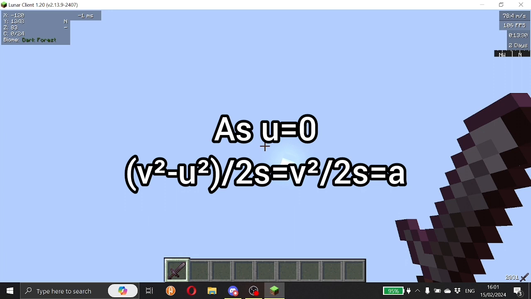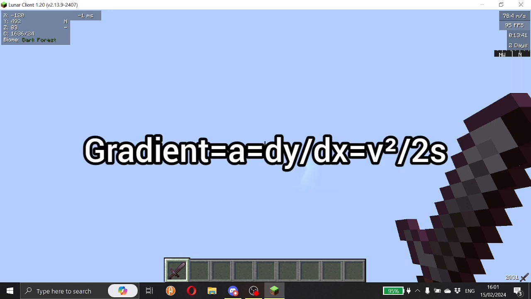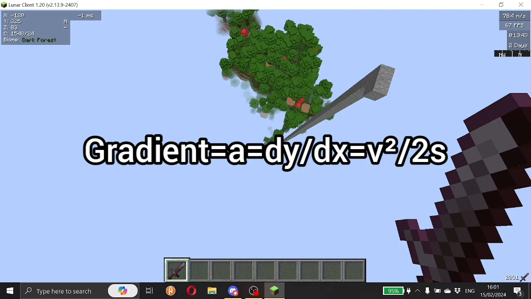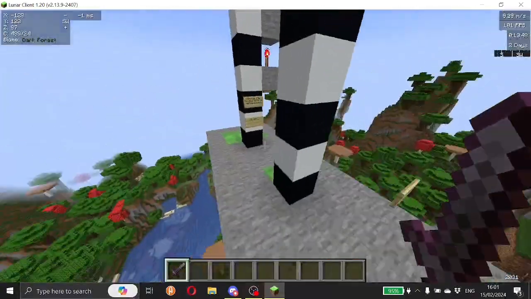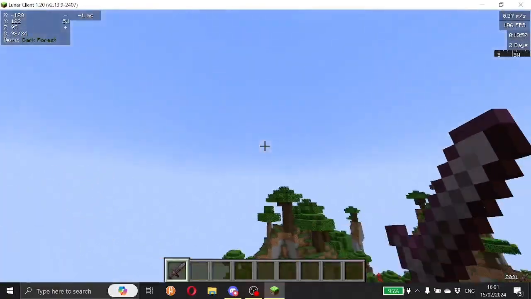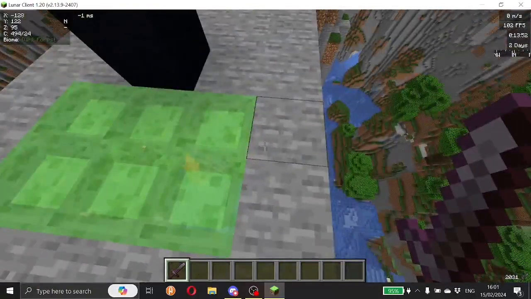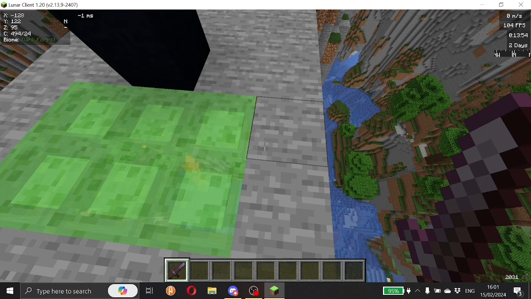So if we square all the velocity values and put them on the y-axis, divided by 2 lots of the distance values on the x-axis, the gradient of the graph would be acceleration, which I would suspect is a graph that would increase and then plateau at 78.4 meters per second,